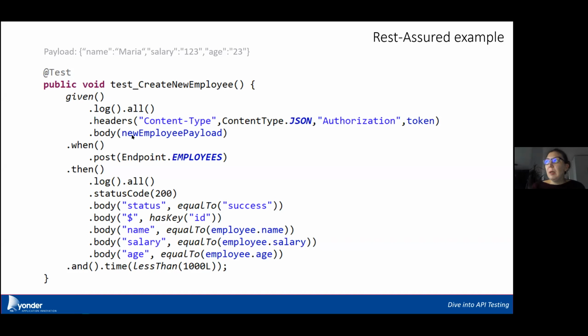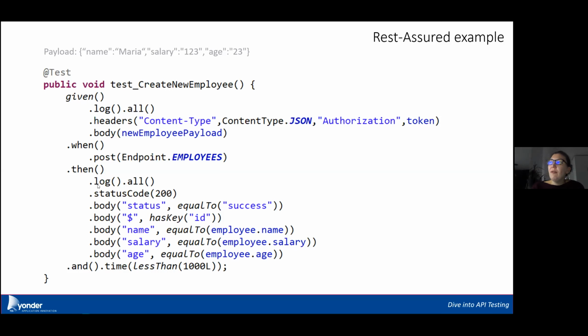And I'm sending the body. The body is actually this payload, which is sent to the server. So given I have all of this and I have the body, when I create a post request to the endpoint for the employees, then